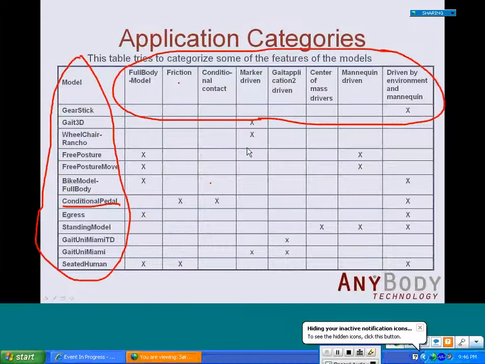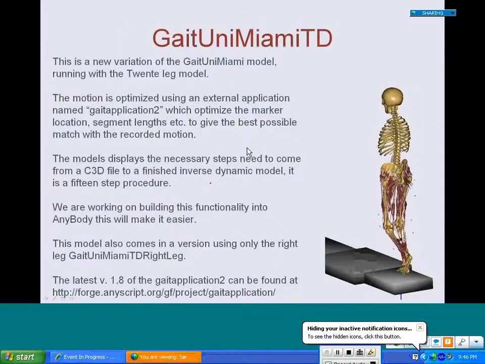So one of the new applications is this GaitUniMiami model, running with a new leg. It's a variation of the previous model, and the motion of this model is optimized using an external application named the Gait application 2. It optimizes the marker location, where the marker is located on the segment with respect to its local coordinate system. It's optimizing the segment length and joint axis to give the best possible match to the recorded marker motion